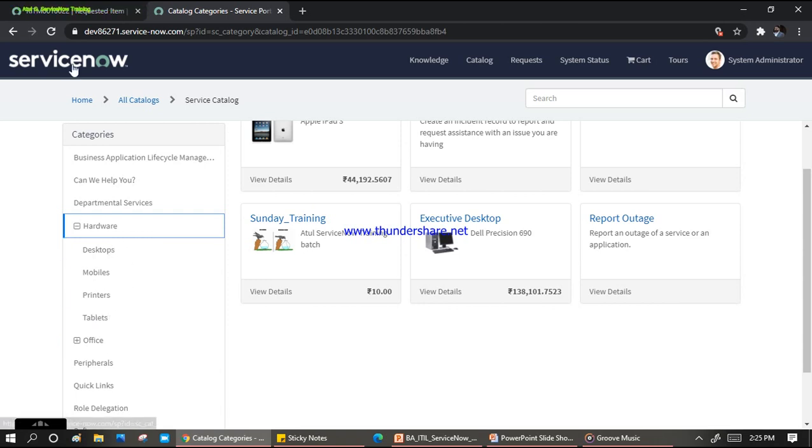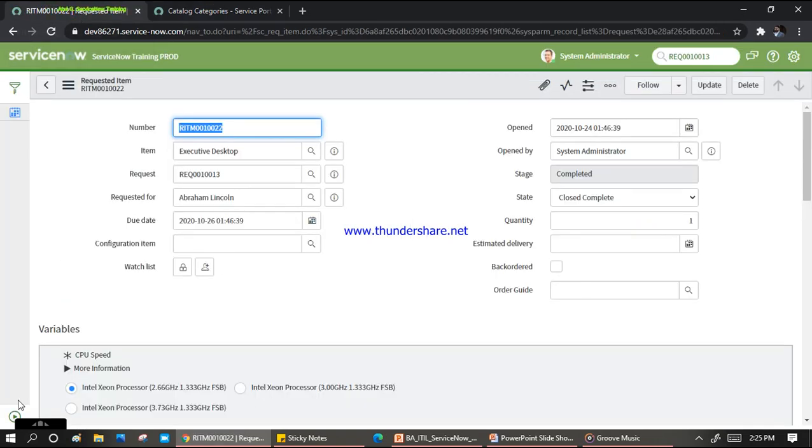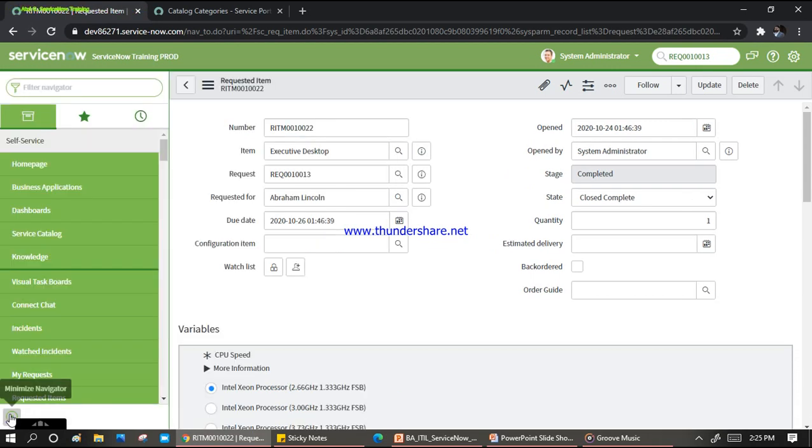So what you can do specifically, if I go here, in the request management, three important terms which we discussed: REQ, RITM and SC task. That is from the operation perspective. Now what is important from the ServiceNow development perspective? Being a consultant, being a business analyst, you should know how these things are maintained in the background. I'm not a hi-fi developer, I'm not a hi-fi coder kind of person. The things which I know, I'm just sharing with you guys.